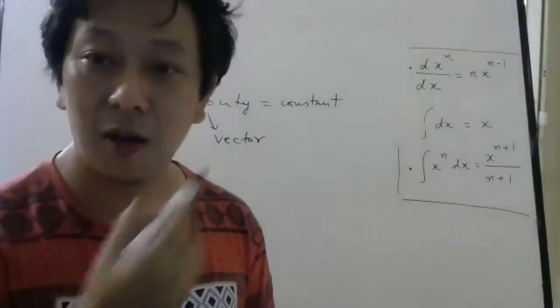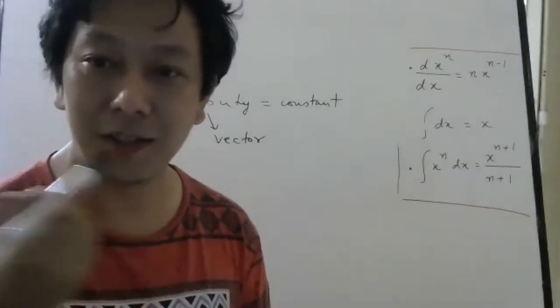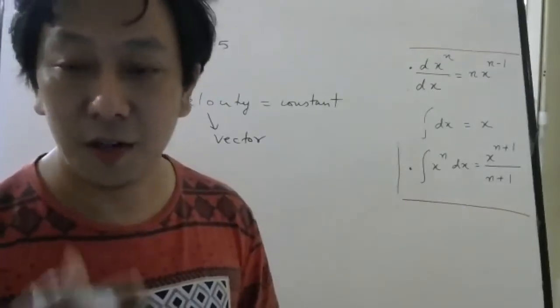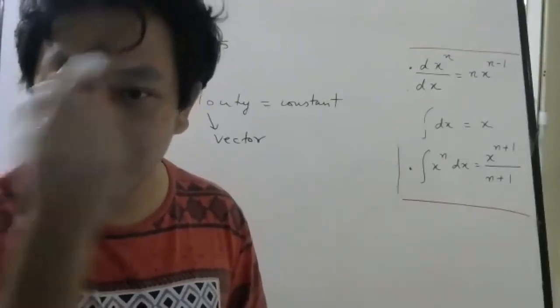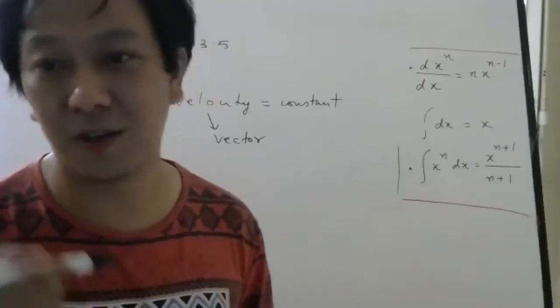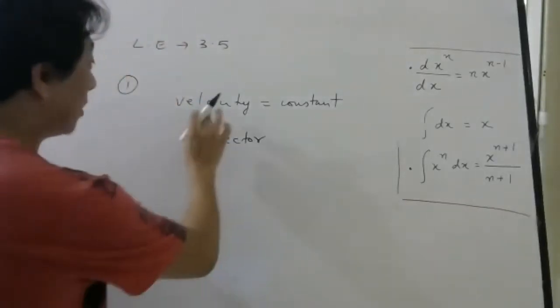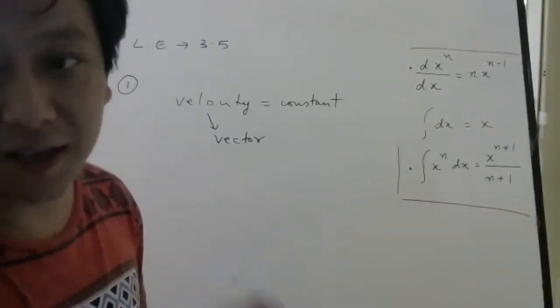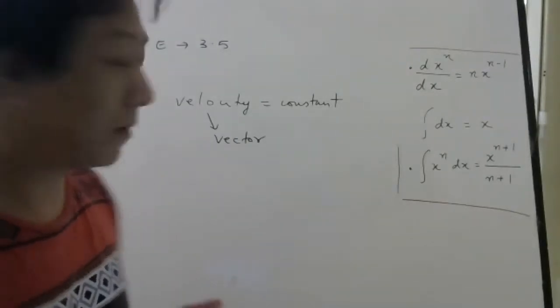How can you say only Pankaj sir's head is constant, but the body is not constant? Then I will change, no? So in order for me to be constant, this also should be constant, this also should be constant. Similarly, when I say velocity is constant, magnitude is also constant, direction is also constant.